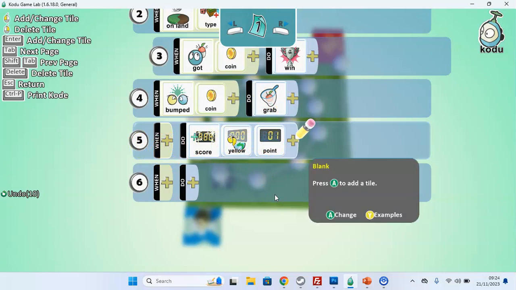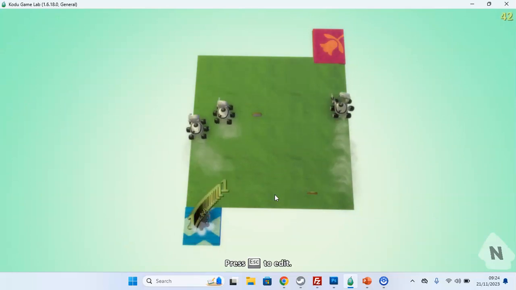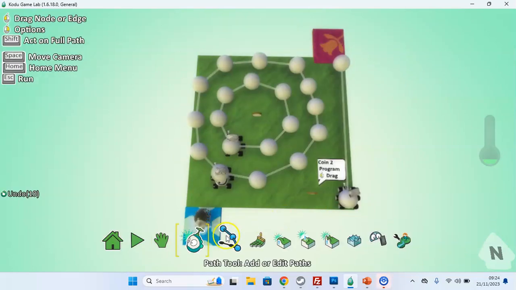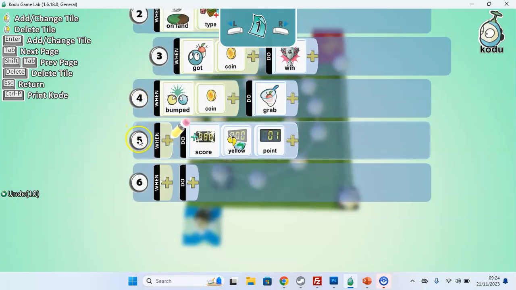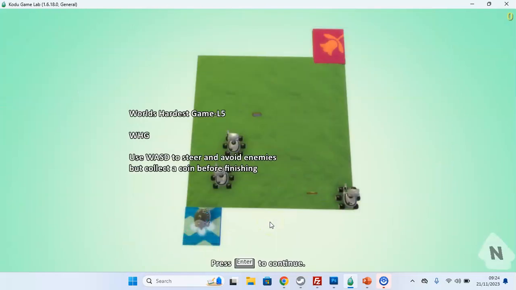So if I actually try to run this game, you'll see that I'm constantly getting points because it's happening whether I bump into the coin or not. So what I need to make sure that I've done on the Kodu is the yellow score point is only going to happen when I've bumped the coin. So I'm going to indent that so that I've got to have bumped the coin to grab and to do this thing simultaneously. So if I try it now,